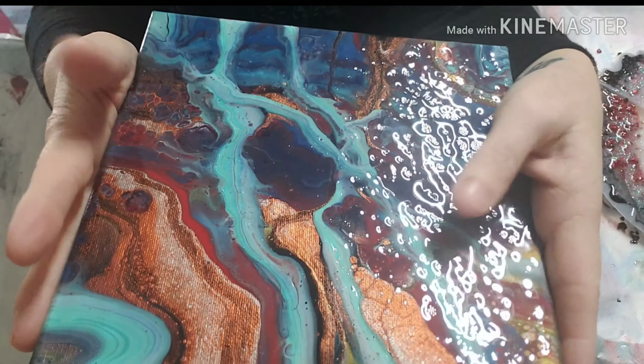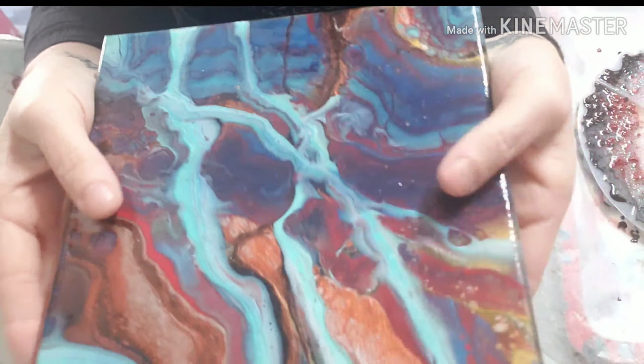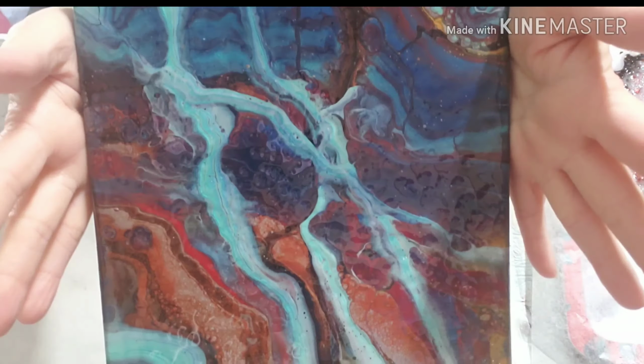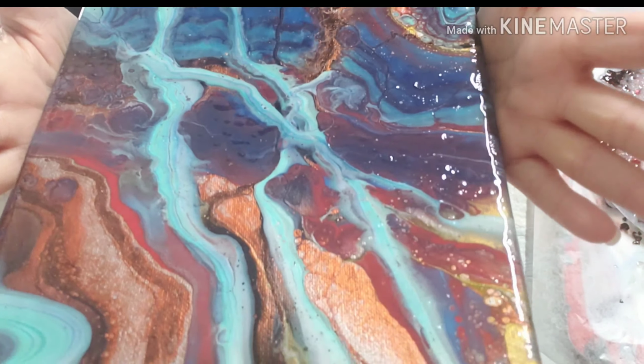I don't tend to do more than 2 coats on a painting because it makes them super heavy, but 2 is usually plenty. So this one here was just cleaned, prepped, and resined, and it got that many pits. Now I have this other one